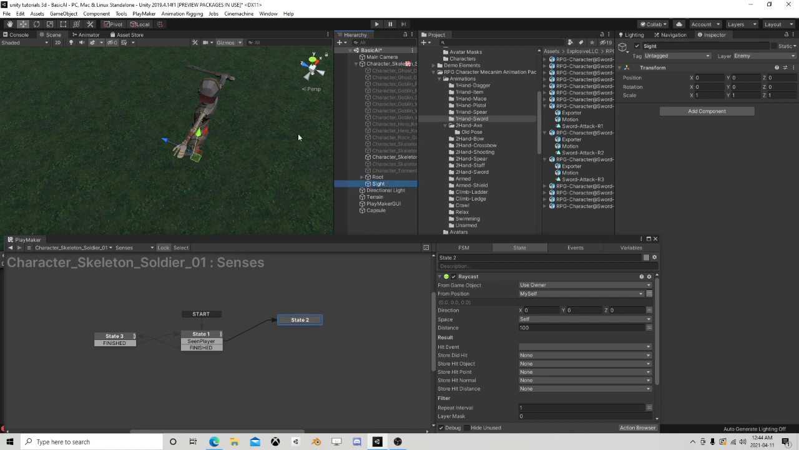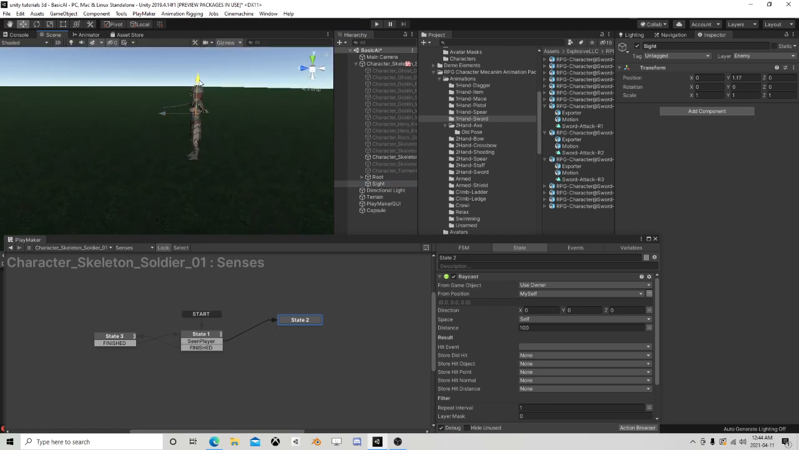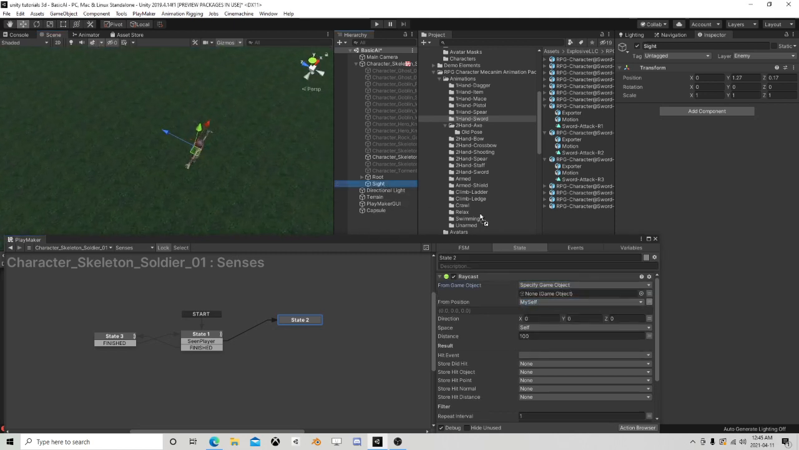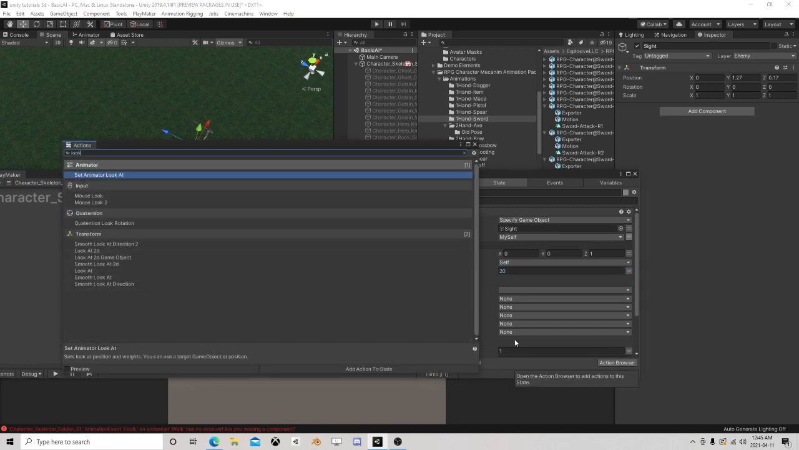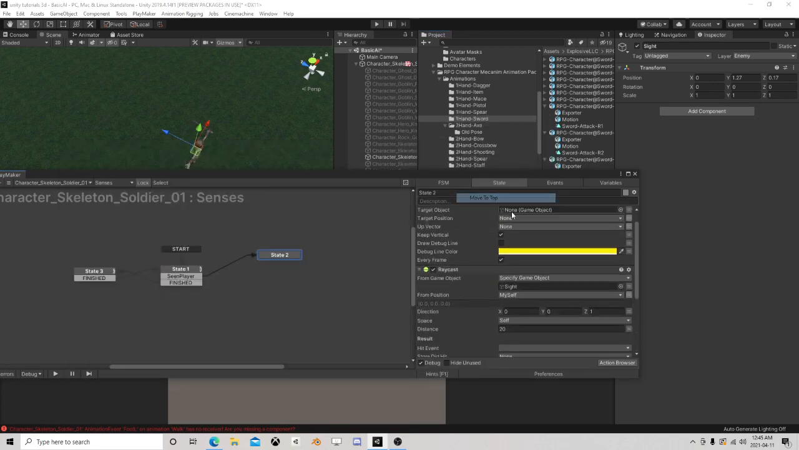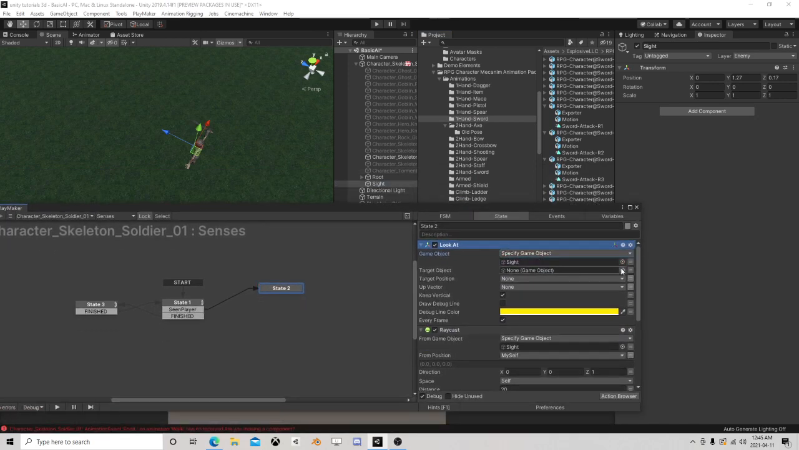Let's make an object called sight. And let's move him up. Now say around chest level. So I'm going to raycast from my sight. And I'm going to go in the forward and say I'm going to go 20. But now this is the trick, is this sight is going to look at